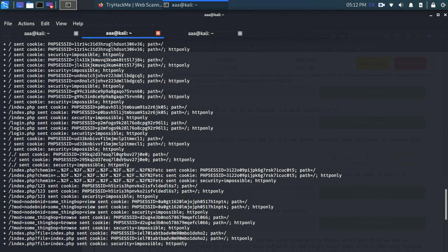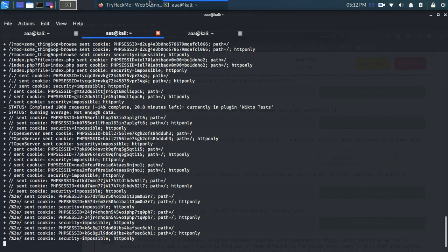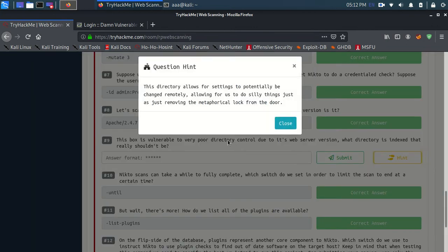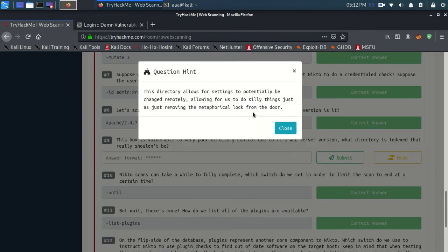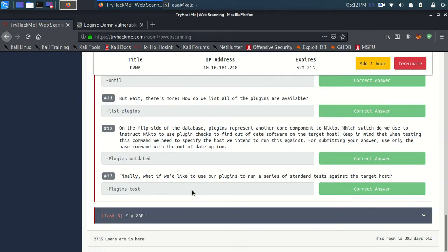So till that time Nikto is loading, I'll just give you this answer. It's loading actually. Yeah, till the time this is loading, let's open ZAP,